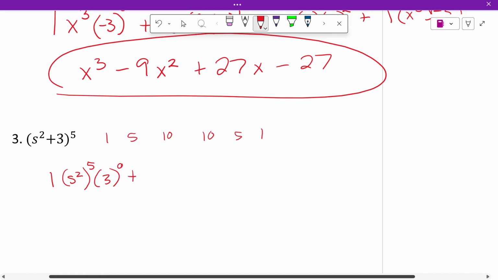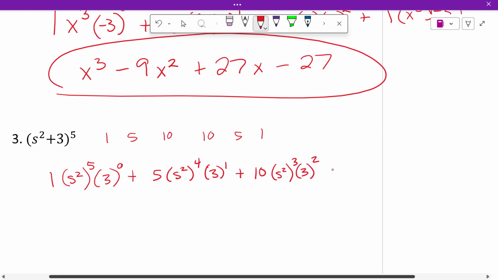Plus, and with it being a plus sign, it makes life easier because we don't have to worry about the negative sign. Plus 5, s squared is to the fourth, 3 is to the first,